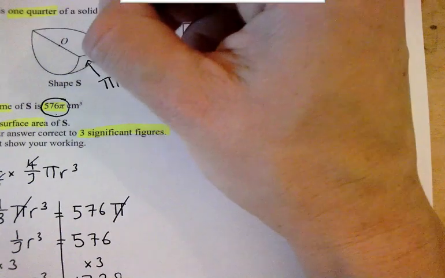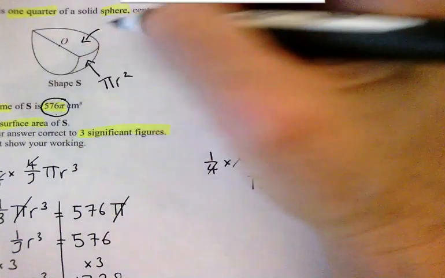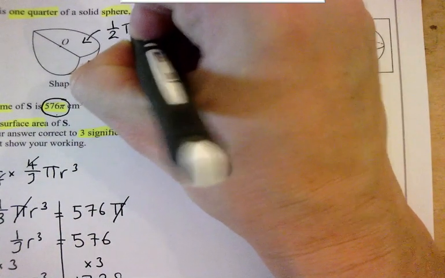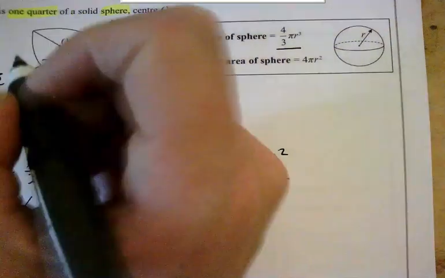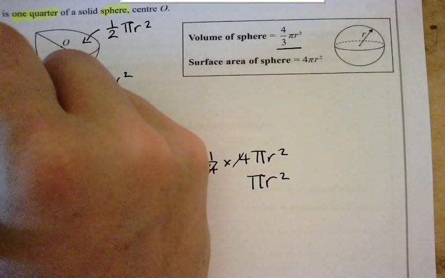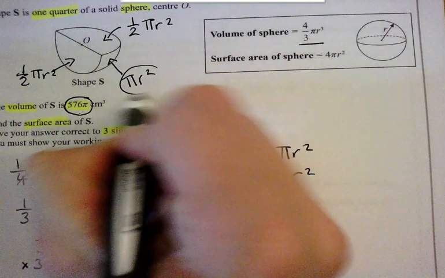This is a flat face, which is half of a circle, so a semicircle. So that's going to be half of pi r squared. And then I've got another flat face here, which is another semicircle, so that would be half of pi r squared. Not a full circle, it's a semicircle. So I'm going to need to add together these 3